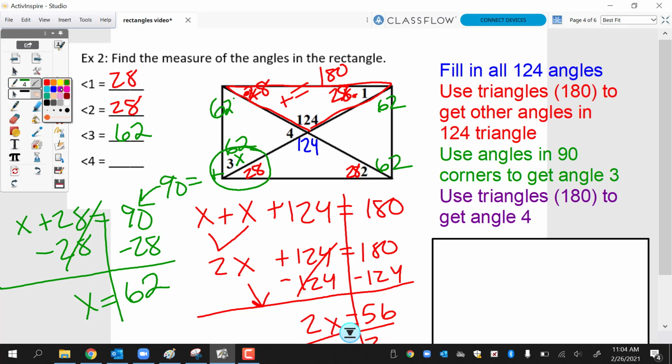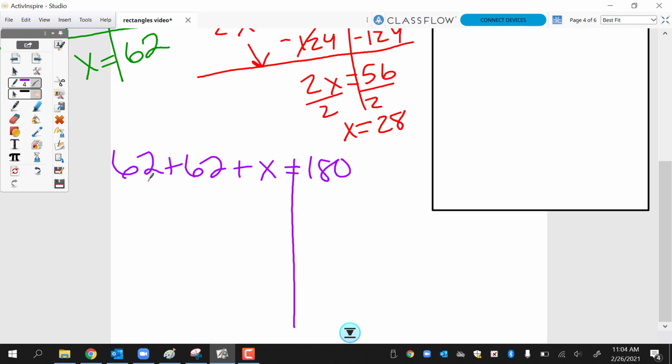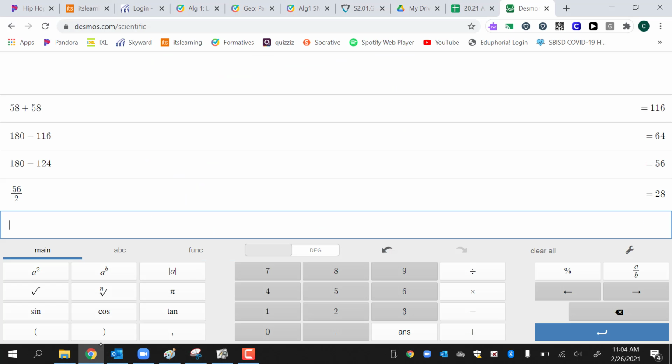So here we go. Here's the triangle with angle 4 in it. And I know 2 of the angles. And now I know that it should be adding up to 180. So last equation, here we go. I have my 62 plus my other 62 plus angle 4 that I'm trying to figure out, adding up to 180, and we're going to solve that. So I combine my 62 and 62, which is 124. Drop down your x and 180 and then subtract. Solving this equation, this cancels out. This is x. 180 minus 124